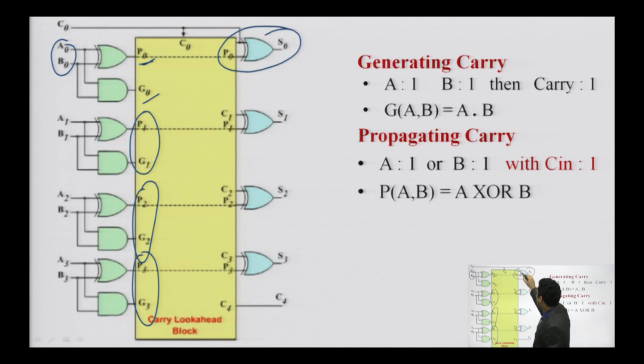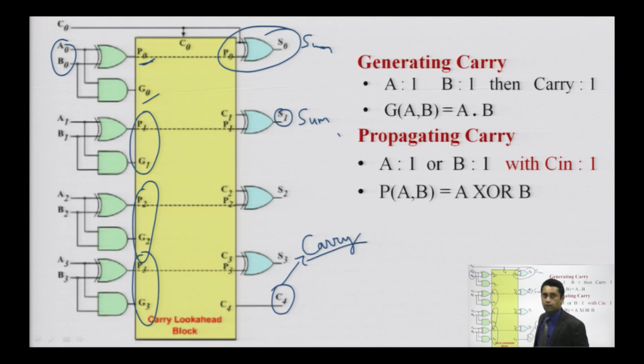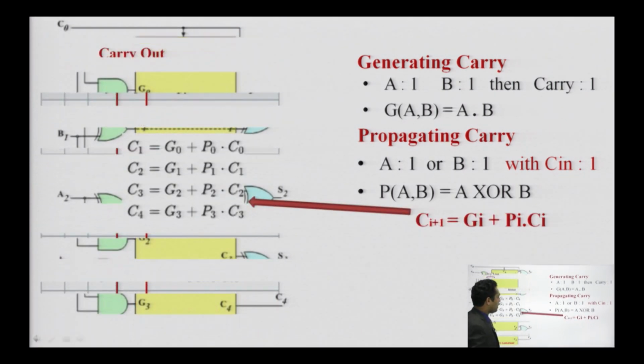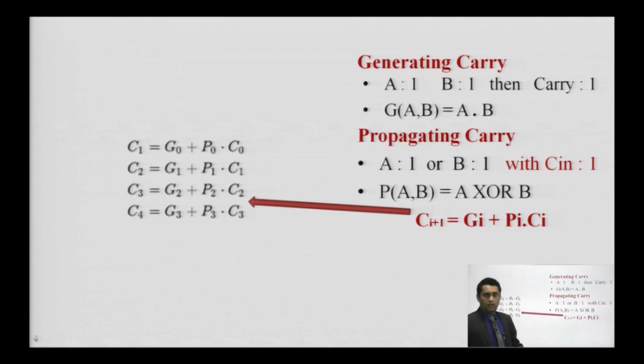So you can see the XOR gate here in the form of sum, and this part is the important one, the final carry. And how are we deriving the equations for all these? This is the important one for the next part. This is how we derive the particular expression. Here the carry which is the output of the first one goes as the input of the second one. How are we deriving this part? This part is derived using this.